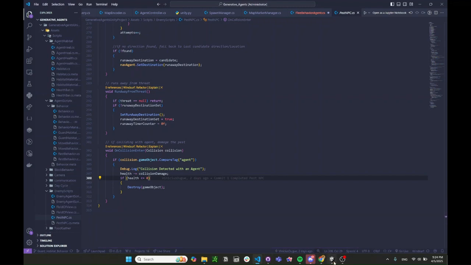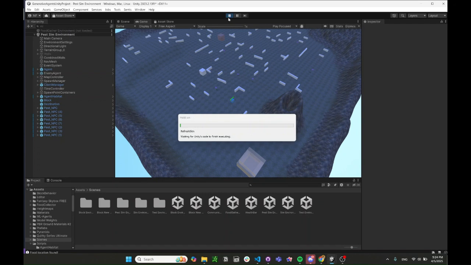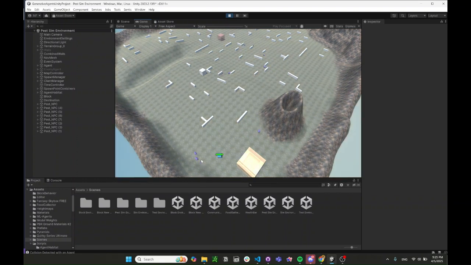Now, let me show you how this looks in Unity. So if I press start, then you'll see here that the pests, which are like little rats, try to find the habitat. But if the agent is there, then the pest will run away. So you can see the agent guarding the habitat range and telling those pests to get out, get away from here. Shoo, you can't be here. And so, yeah,